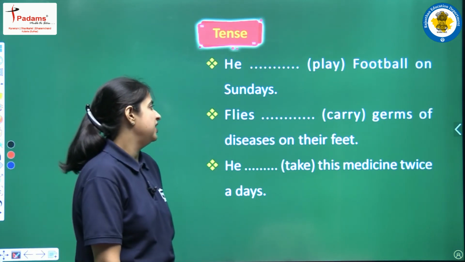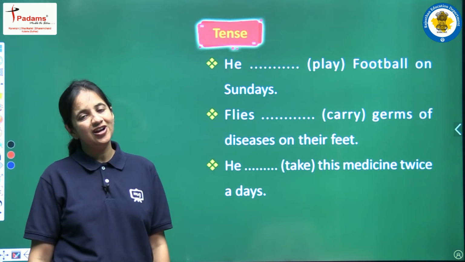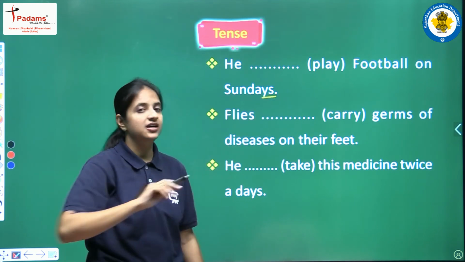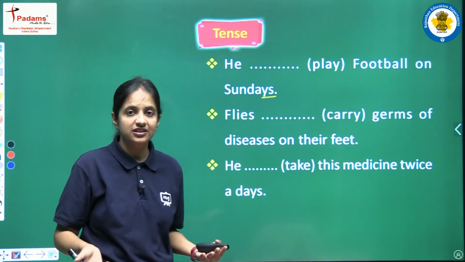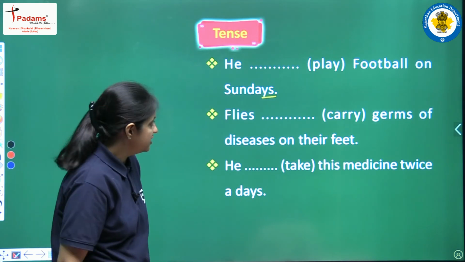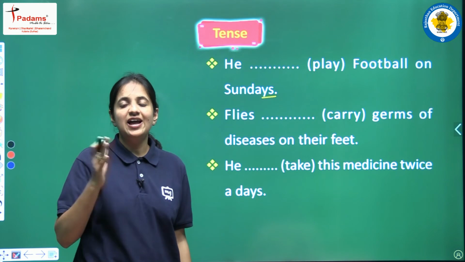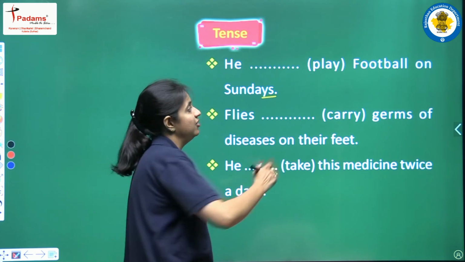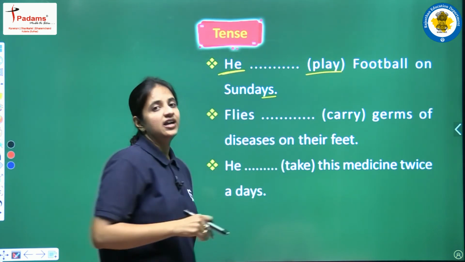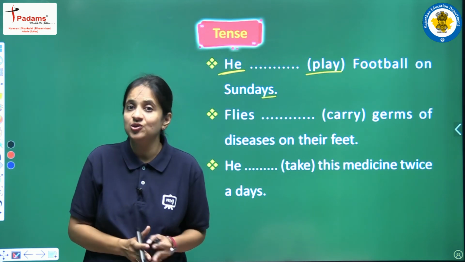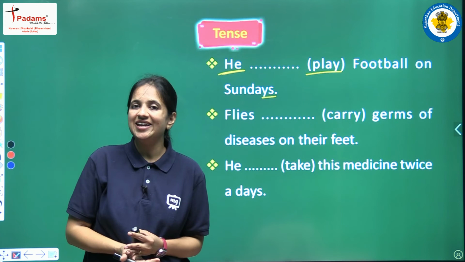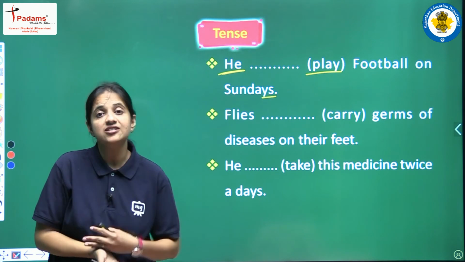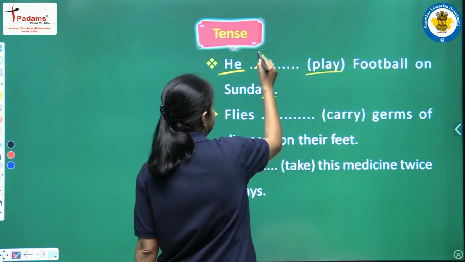Next is: he play football on Sundays. Again we are talking about someone's habit, and this is a positive sentence, because there is no question mark and there is no use of not in the sentence. So this is a positive sentence, and in a positive sentence the helping verb is not used, it stays hidden. So now just come to the main verb. The main verb is play, and the subject is he, and we all know he is a singular subject. So here the rules we have to learn will come in handy: if we have a singular subject then we have to add s or es. Okay, so here we will write plays.